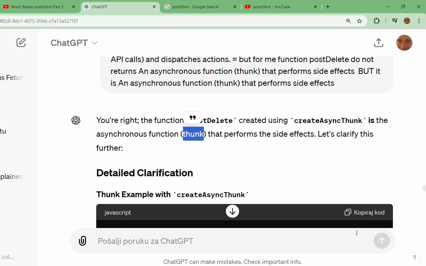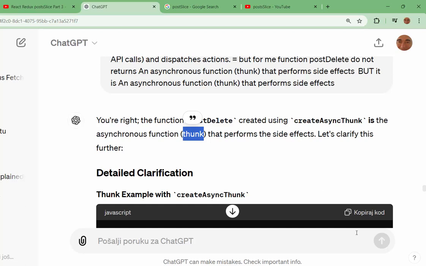It is the story. And who is the creator here? Thunk. Thunk has only one job: it is the creator for extraReducers. Thunk is an action creator, and not one action but three actions: pending, fulfilled, and rejected. But only two happen. Pending always happens, but action type fulfilled or rejected depends on what happened in that transmission.